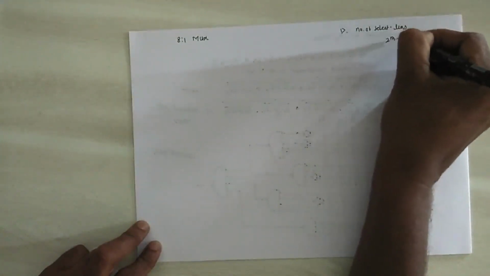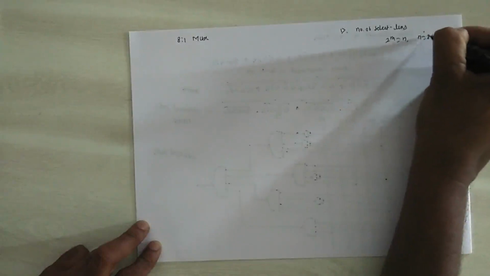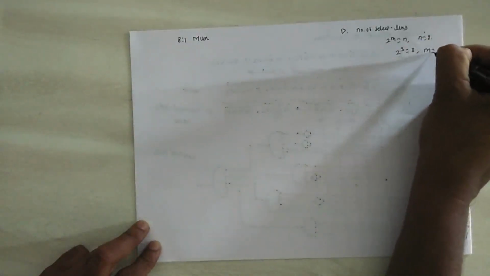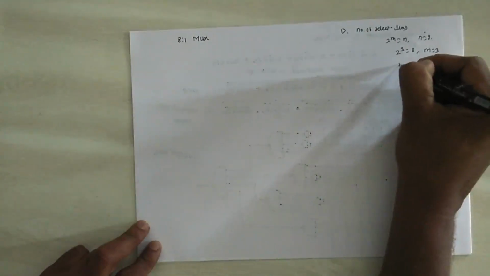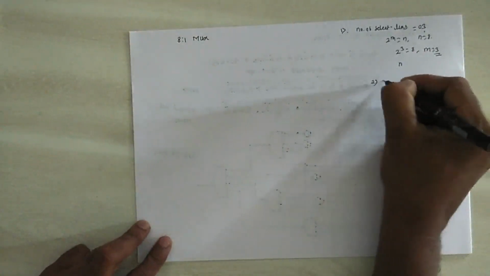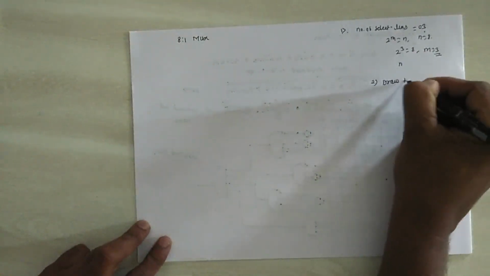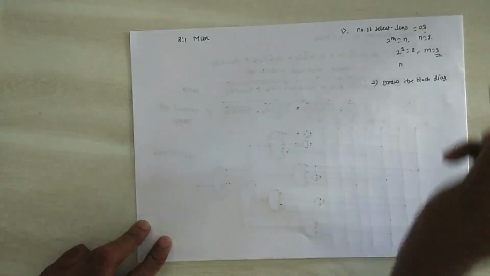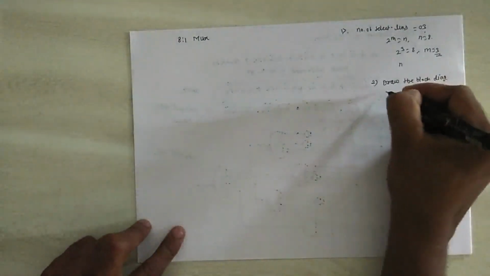2 raised to m is equal to n, where n is equal to 8, so 2 raised to 3 is equal to 8, m is equal to 3, number of straight lines is equal to 3. Then second, draw the block diagram. For inputs are